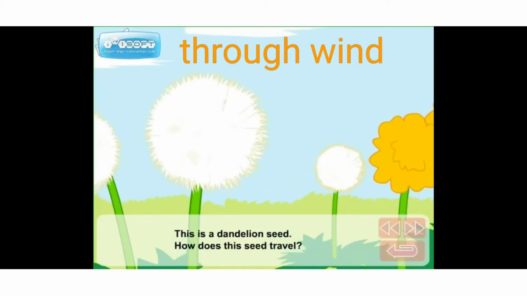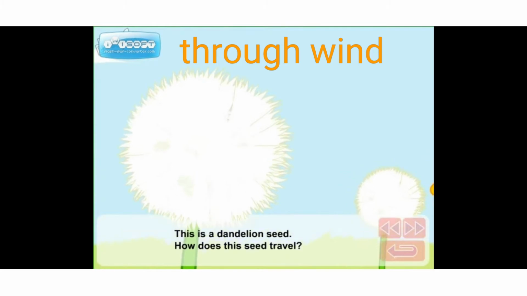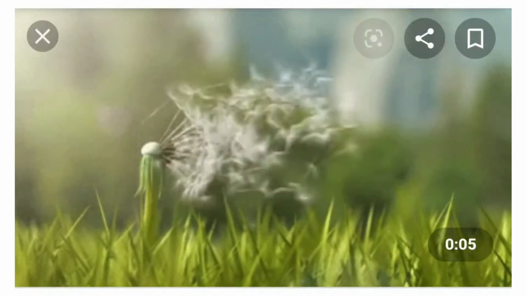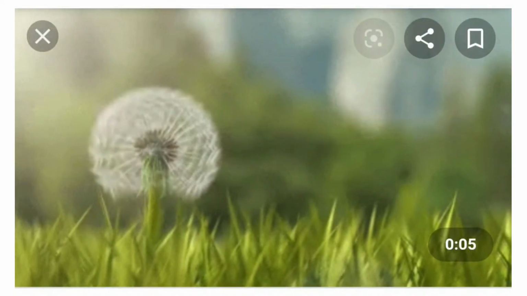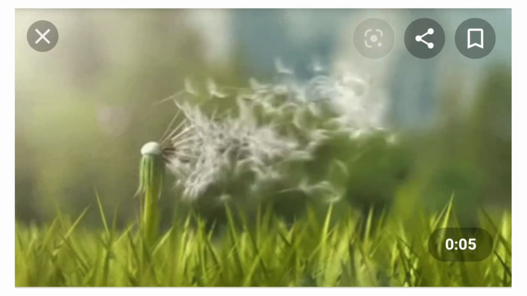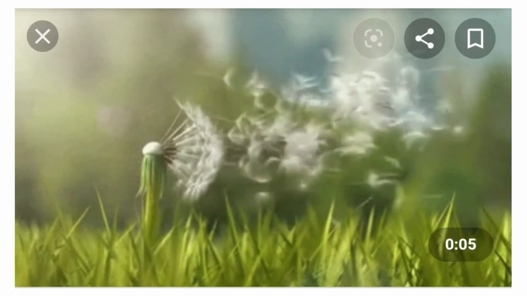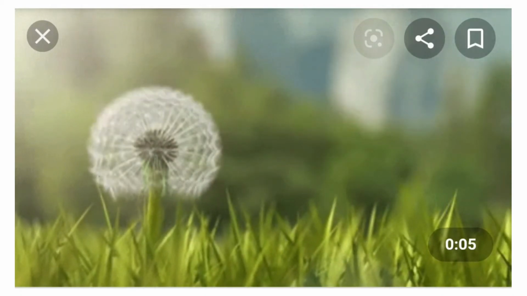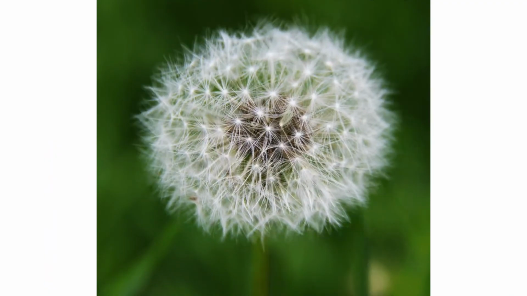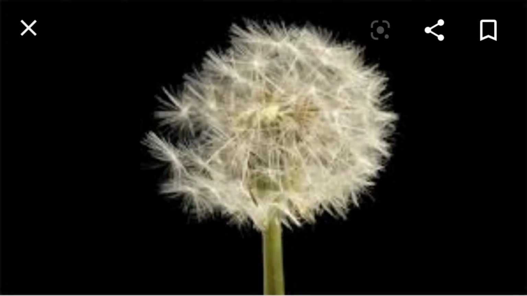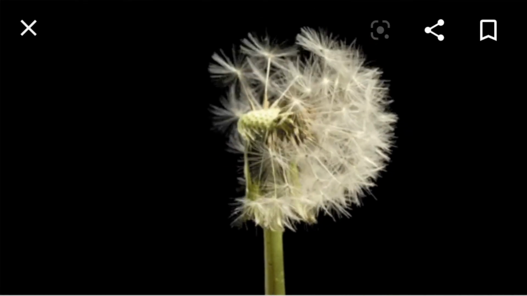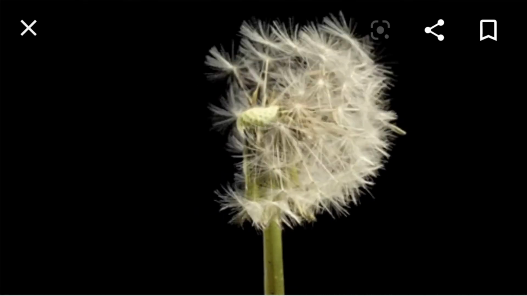We'll see how the seeds are traveling through wind. Some fruits are specially designed to be carried by the wind. The seeds of some sycamore, ash, maple and pine trees have wings to fly through the wind. And it is very light and has hairs on it. So it is easy for them to fly along with the wind. That's how seeds are traveling or dispersed through the wind.